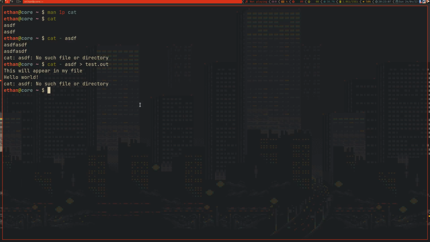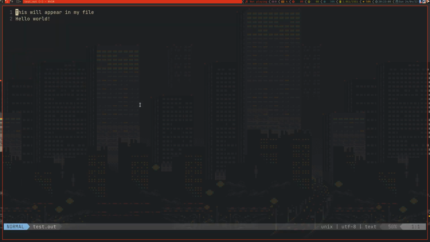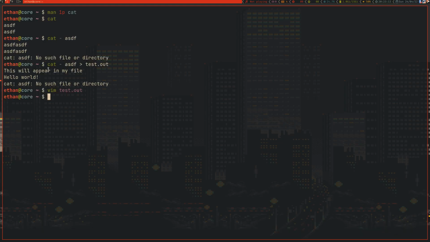Why? Well, because the output from this program has now appeared in test.out, because the standard out of this process was set to test.out. And this is a very, very clever and very, very elegant way of handling input and output, in my opinion. So you can get the output of any command and arbitrarily output it to a file,